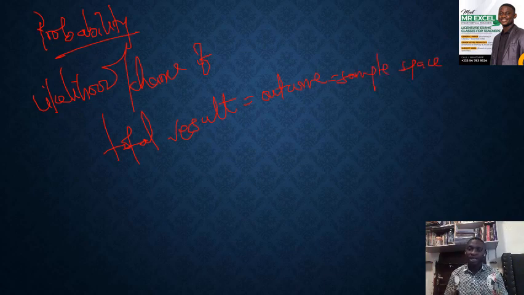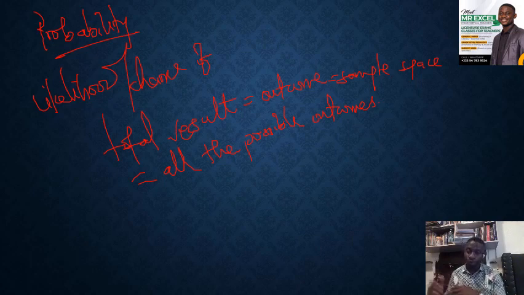By this, we are trying to refer to all the possible outcomes. That could also mean all the possible results that may come out from the tool we are going to use to help in our decision making. That is, if it is a die we are throwing, or a coin we are tossing.